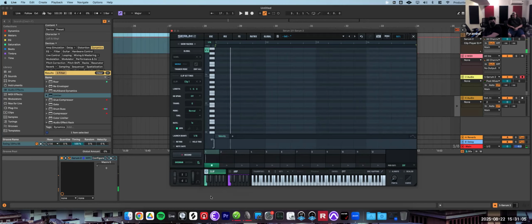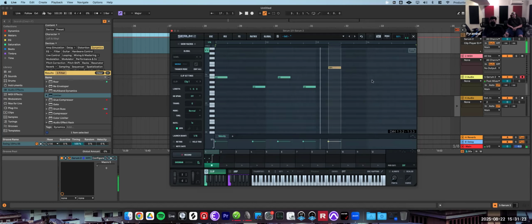I've turned clip launching on, you can see that when I push these really low notes, it's not sending those notes to the keyboard here. It's just using them to launch these clips, right? And you can actually put note data in here. Make something really goofy here real quick. But